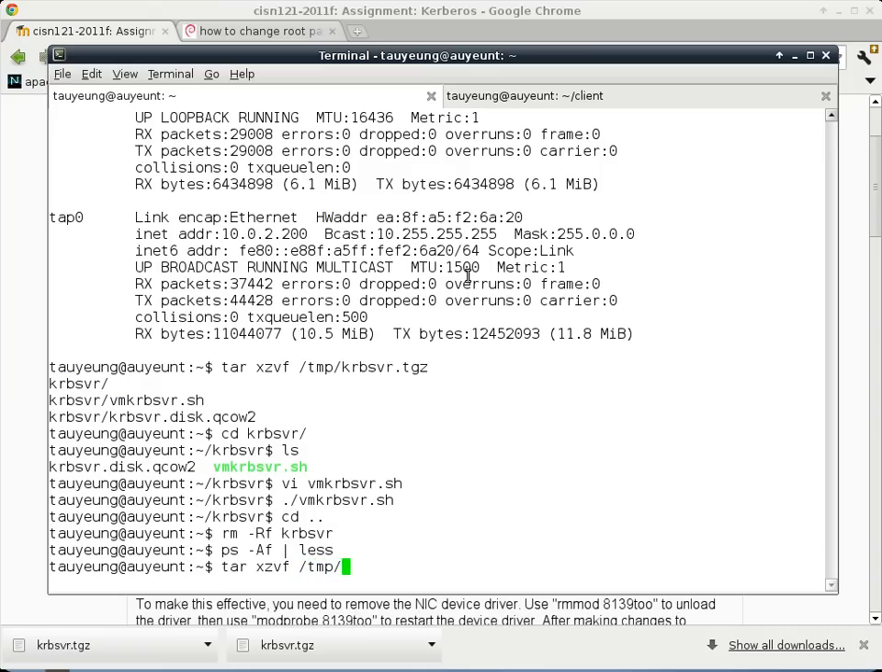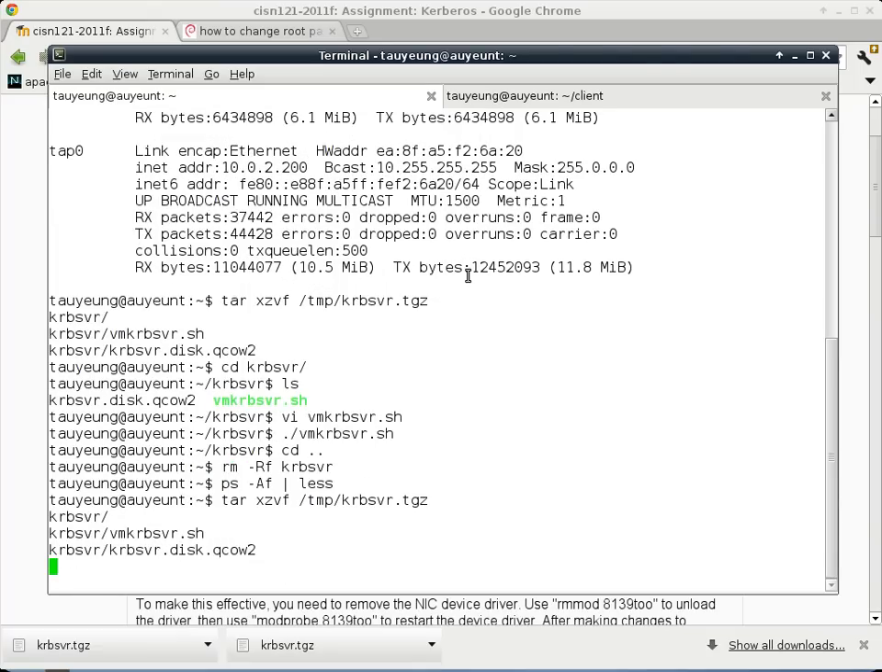I have that file sitting in my temp folder, and the name is krbsvr.tgz. As soon as you press the enter key, it will decompress the file and show you what files are created as a result of running tar. So you can see that the folder krbsvr is created in the process. It has a script to help you start up the virtual machine, and also the image file that goes along with the virtual server. So at this point, we'll go ahead and change our directory to that folder,